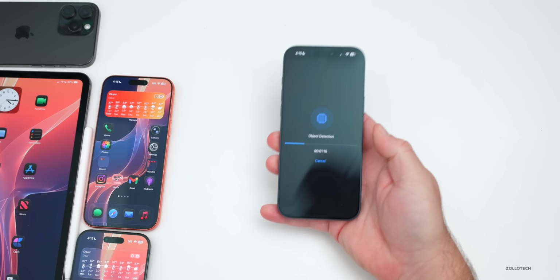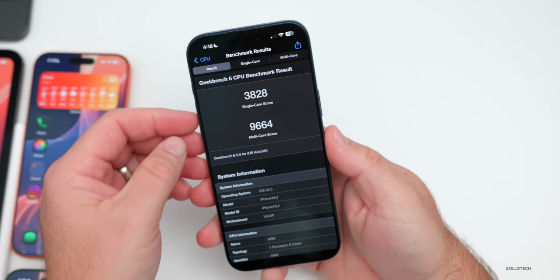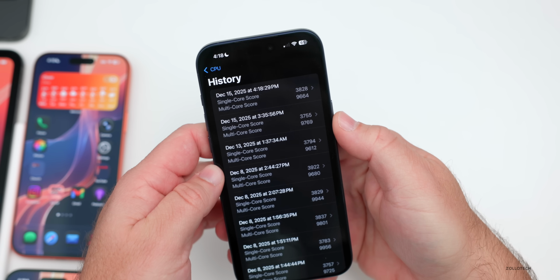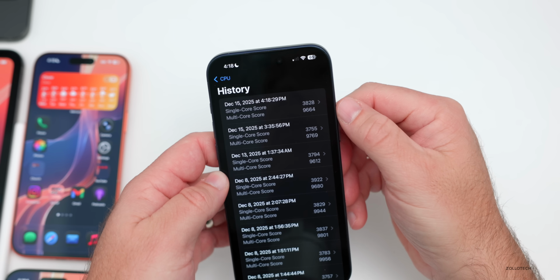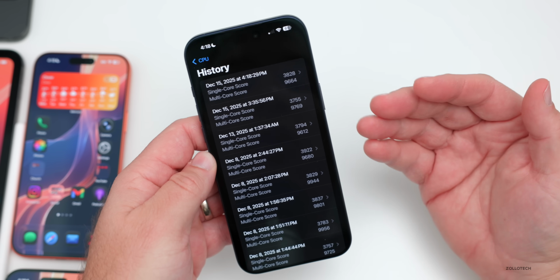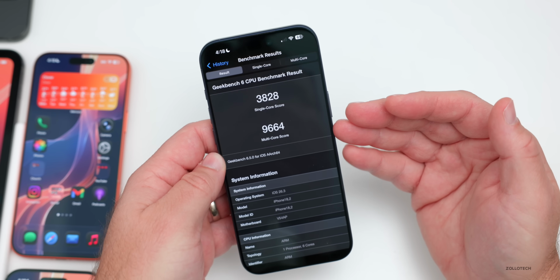Now we'll wait for benchmarks to finish and we'll take a look. Benchmarks completed, and this is the second time I've run benchmarks today, but you'll see here the better score was actually a little bit earlier as far as multi-core at 9,769, but this time single core was better at 3,828. It's well within the margin of error. It goes up and down, but we'll check it in the weekend follow-up as it typically increases over the next